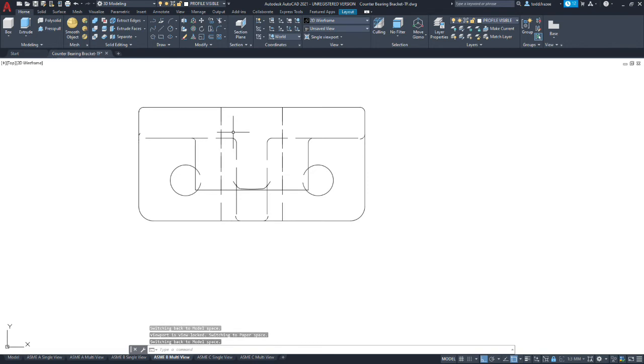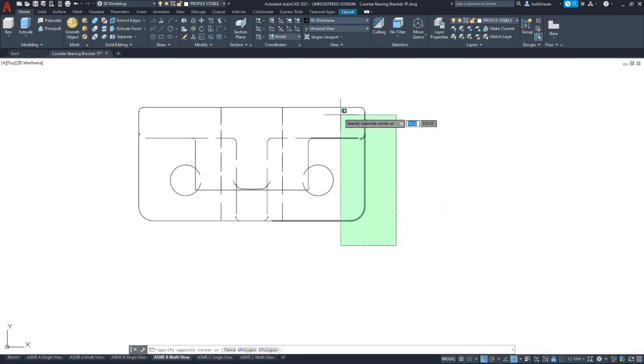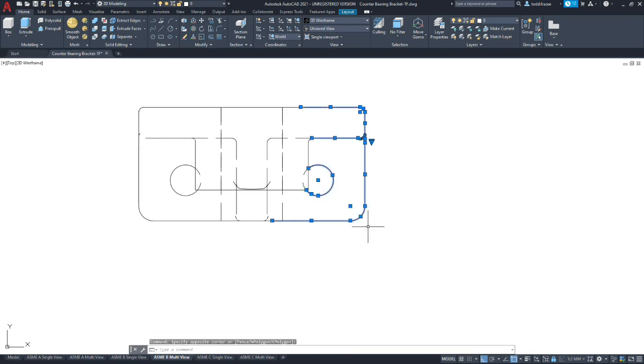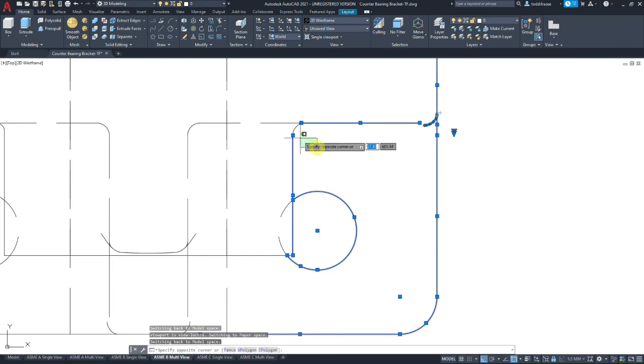All we're left with is this top view. A little more tricky to select. We've got that information that's solid. We have this line. We have the arc.